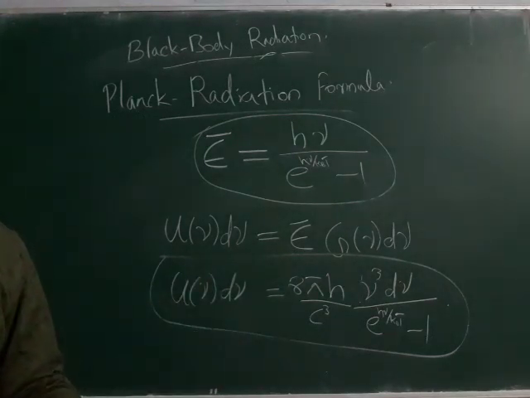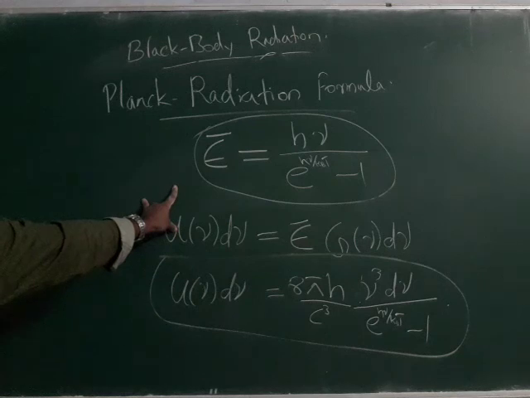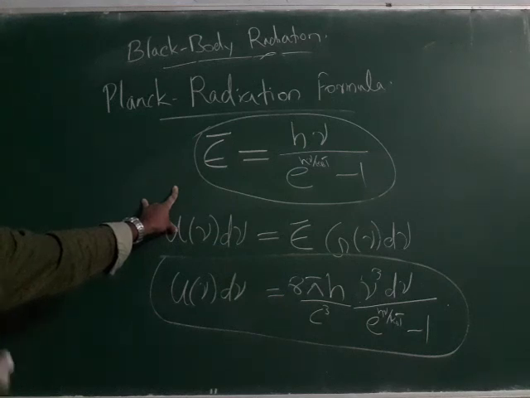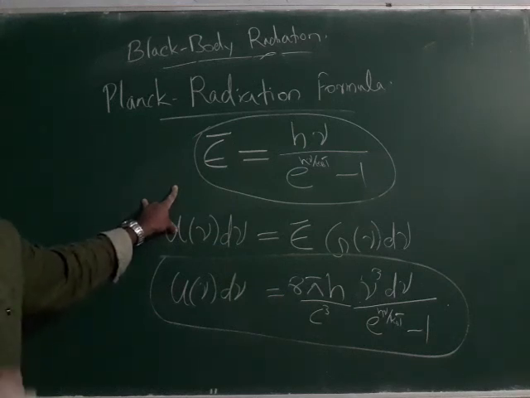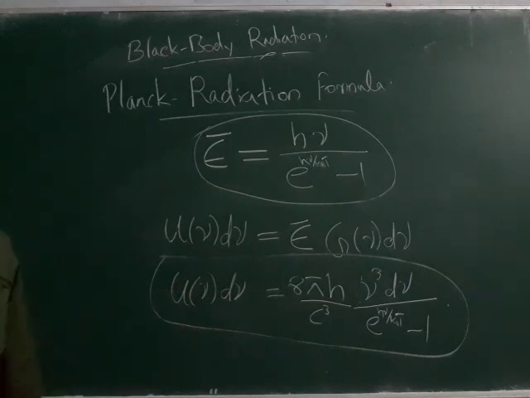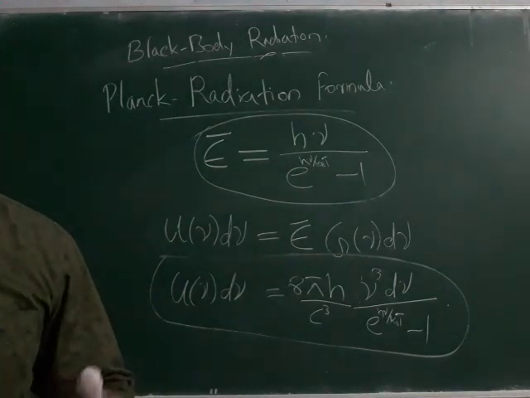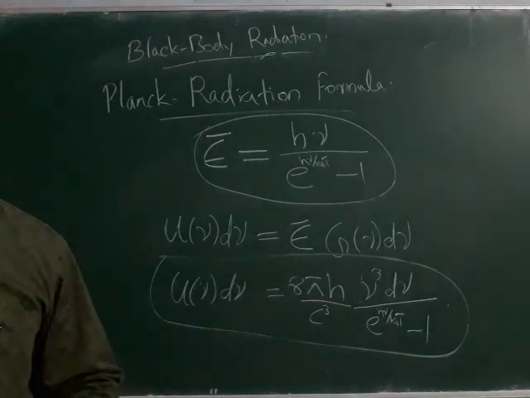Unlike gas molecules or electrons, photons are created and destroyed all the time. Although the total radiation energy in a cavity at a given temperature remains constant, the number of photons can be changed,